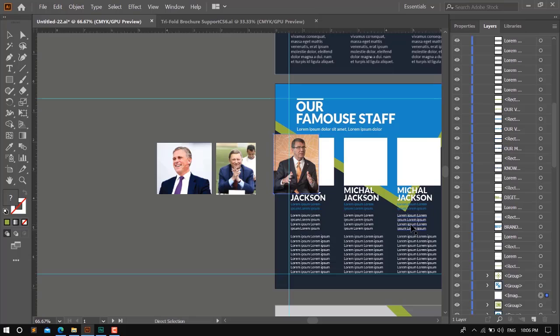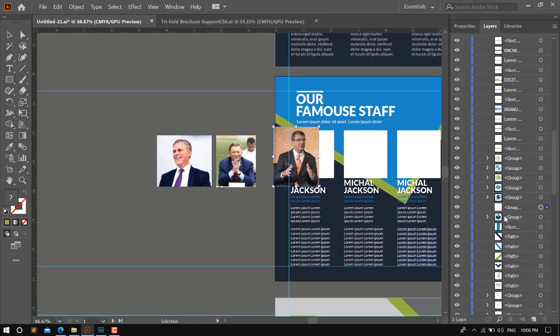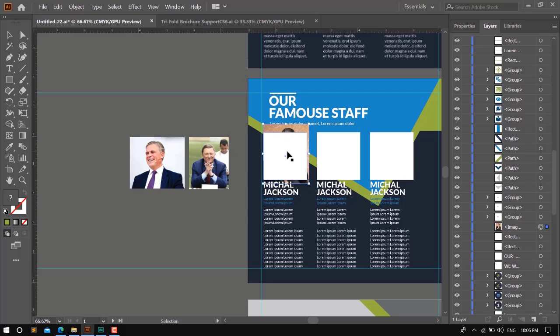I press open bracket and close bracket to change the order. Now select both objects and then press it.